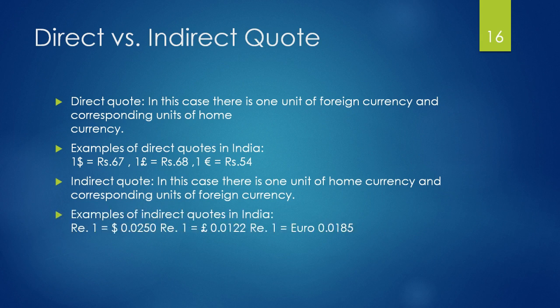Let's see examples of indirect quote in India. ₹1 equals $0.0250 is nothing but an indirect quote because there is 1 unit of rupee and the corresponding units of foreign currency. Other examples can be ₹1 equals 0.0122 pounds or ₹1 equals 0.0185 euros. In all these examples, you can see there is 1 unit of home currency, that is INR, and corresponding units